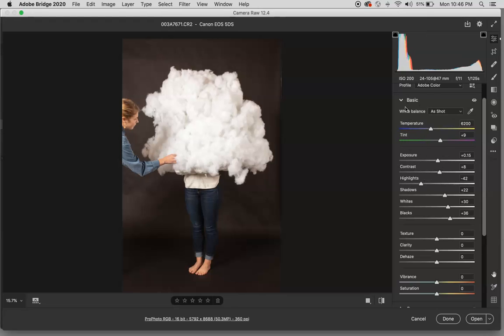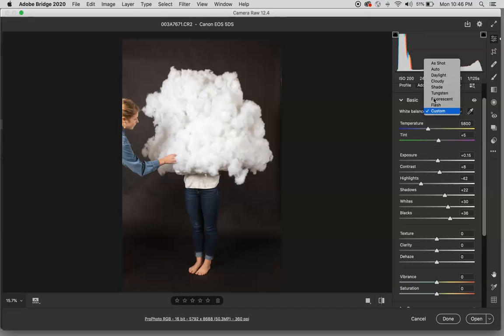I'm going to go into the white balance tool here. I would guess that this is probably pretty neutral, the fluffy clouds here, but we could use our white balance tool, which is next to the white balance where it says As Shot. The white balance tool is the eyedropper, and if you drop it on something that's neutral and click on whatever should be neutral, it should neutralize your photograph overall. We're not going to get really into color in this class so much, but I do want you to get into the habit of trying to create what's called a color balance in the picture by using the white balance